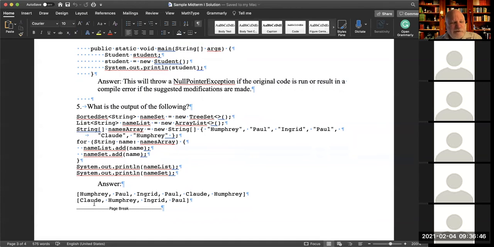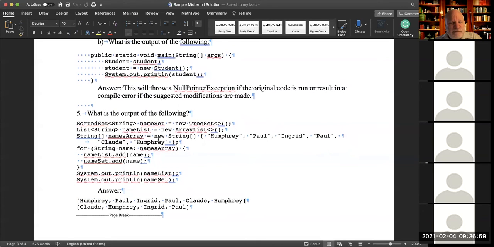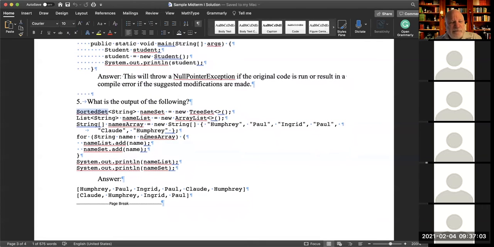First the list will print them in the order that they're added. That would be Humphrey, Paul, Ingrid, Paul, Claude, Humphrey, because that's the order that the array was in. The sorted set would print them in alphabetical order, actually lexicographic order, so it would take the same strings but sort them alphabetically.